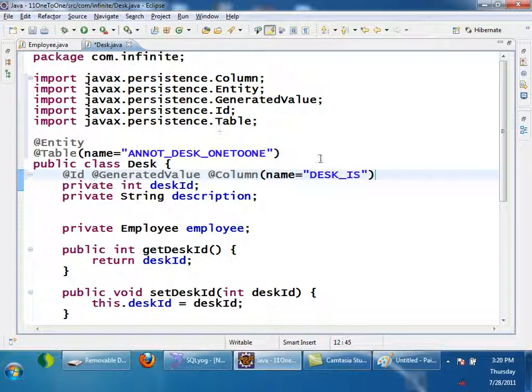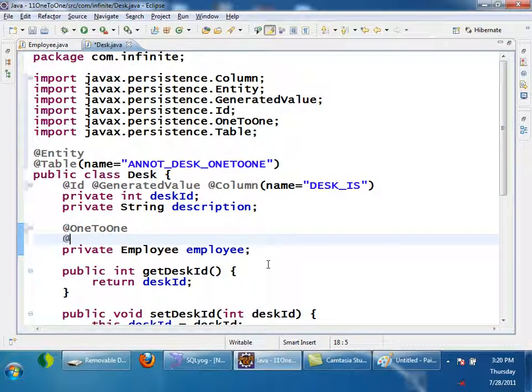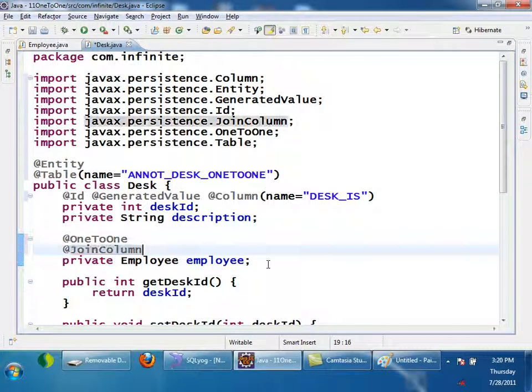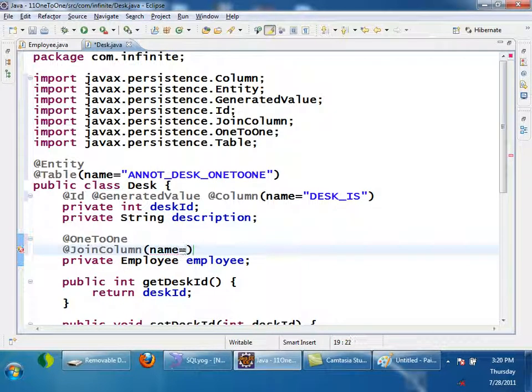Now this is the variable which is representing one to one relationship, right? So here I will annotate it with one to one, and I will write a join column here. Name is equals to... the foreign key will go E_ID.